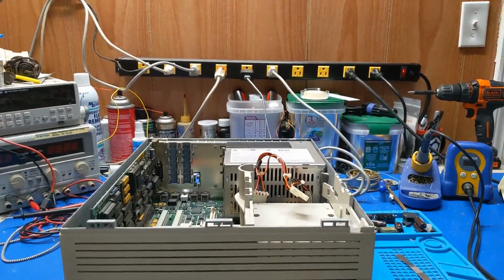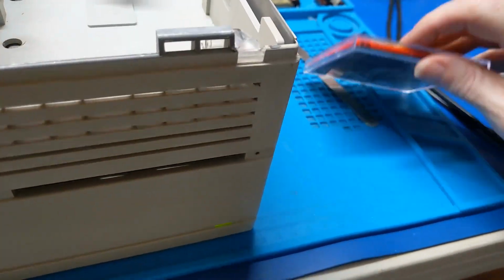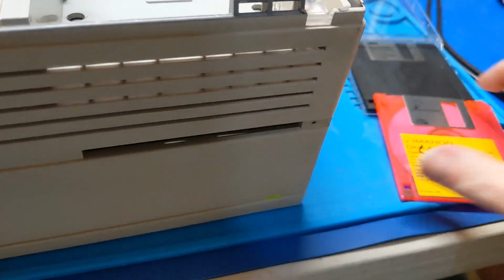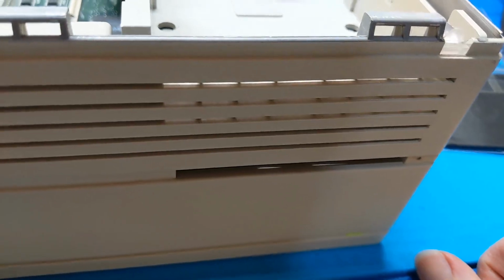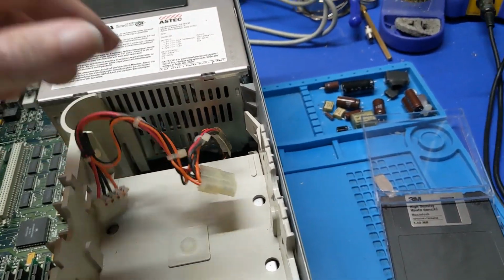Alright, so now that works. Well, almost. Well, let's see. You won't know until... No. That did not sound good. It's reading. That stepper motor's shot, though. But hey, it's booting from the disk. I guess at this point, once again, we're going to have to find a hard drive to put in here. I don't know what that's going to be just yet, but...